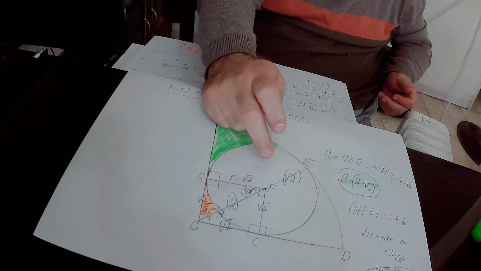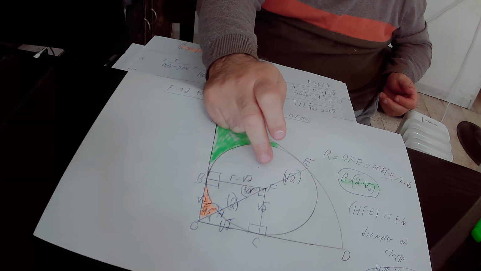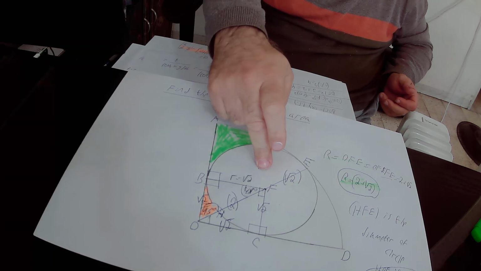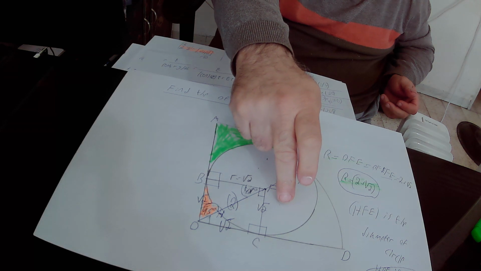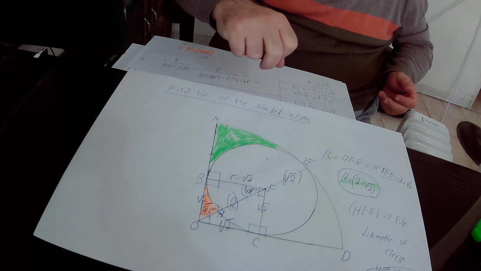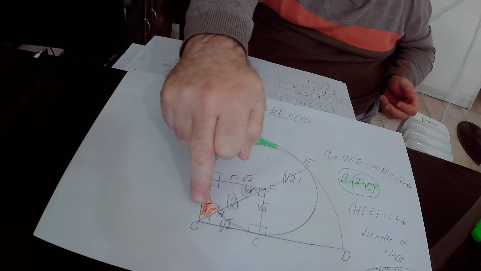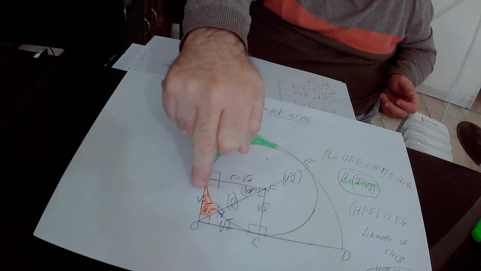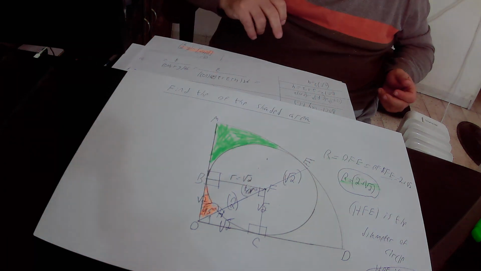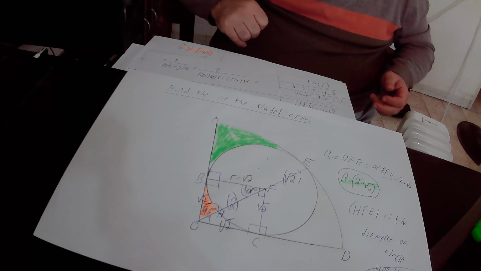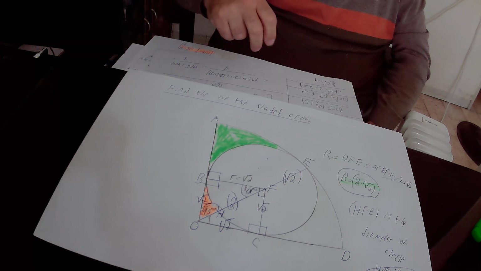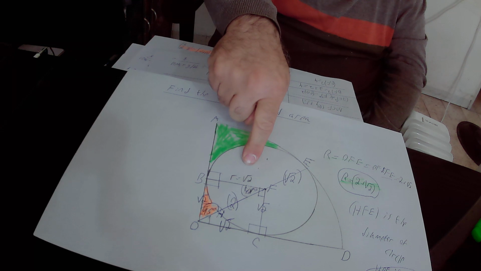Each area is defined as a semicircle. This is a semicircle, and this is also a semicircle. In conclusion, you can write down that the shape HBO is a semicircle. Okay? So we know that HBO is a semicircle,